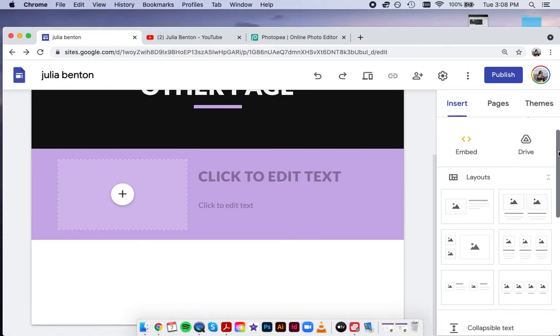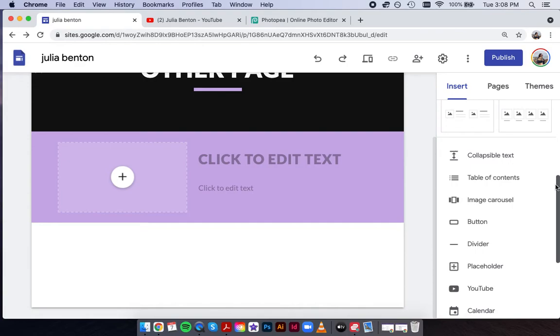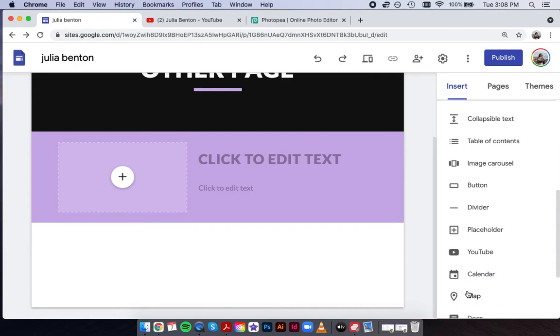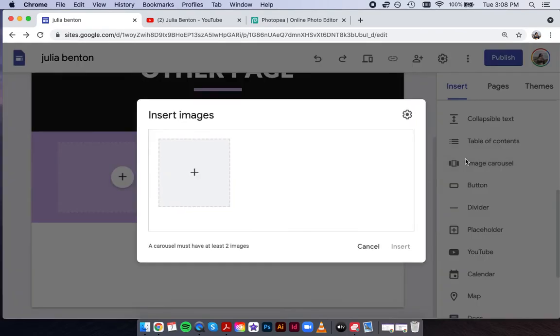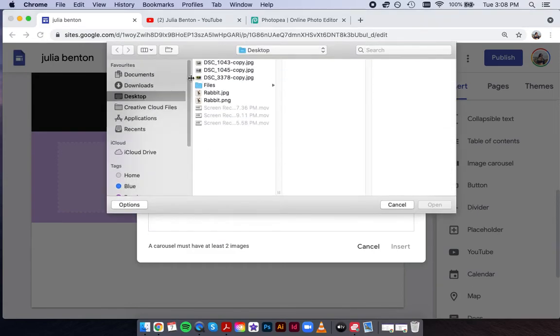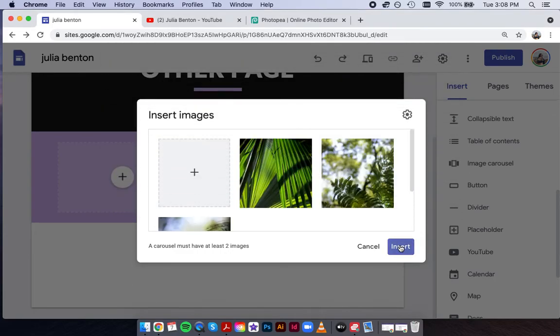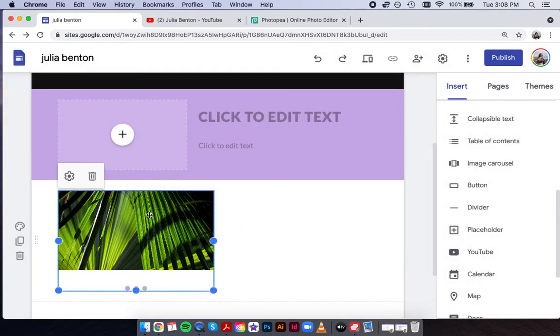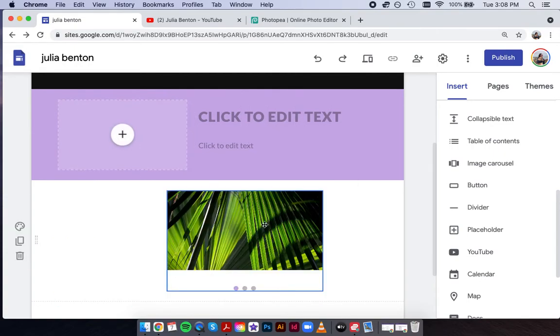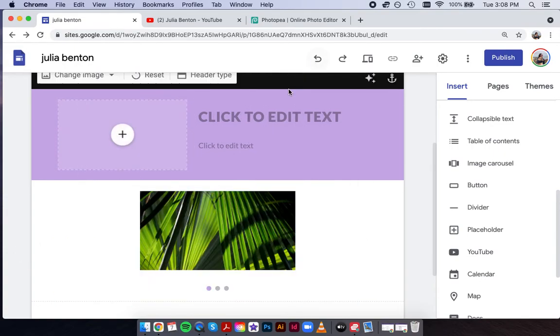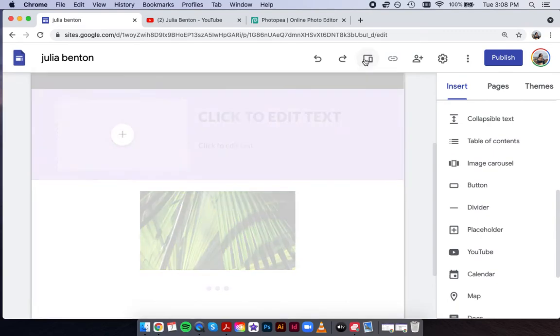And if we scroll down here in insert, there are so many interesting options. I love the image carousel, it looks so nice. You can just add your images. I'll center it a little bit. There we go. And if we go up to preview,